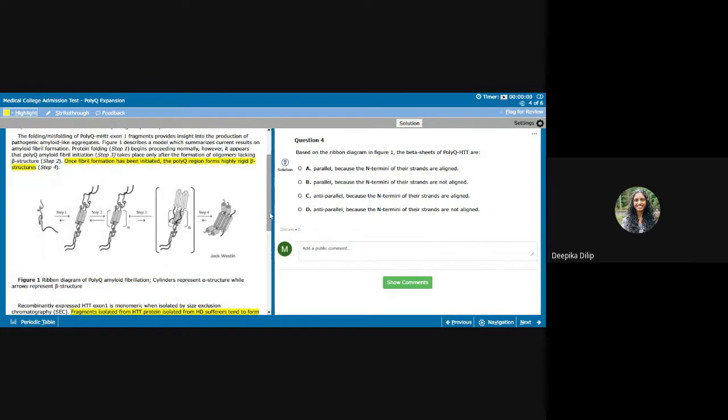Based on the ribbon diagram in figure 1, the beta sheets are, oh, I can't even, okay. So the arrows represent, well, I'm going to try to make the screen a little bigger. Beta sheets of poly-Q are,